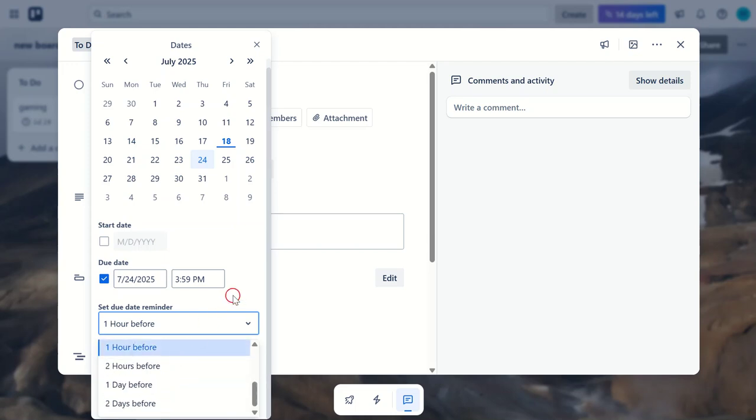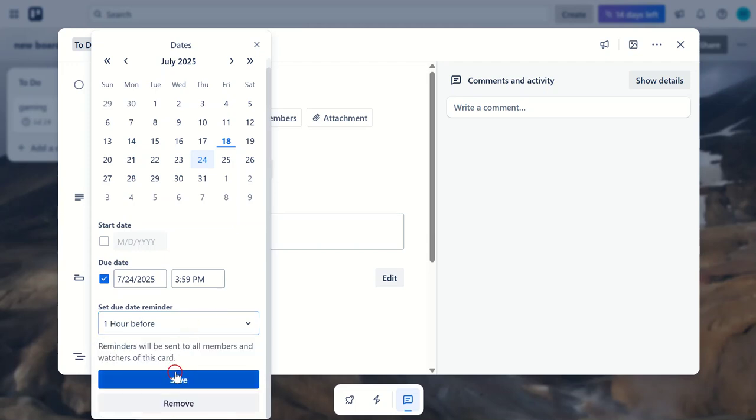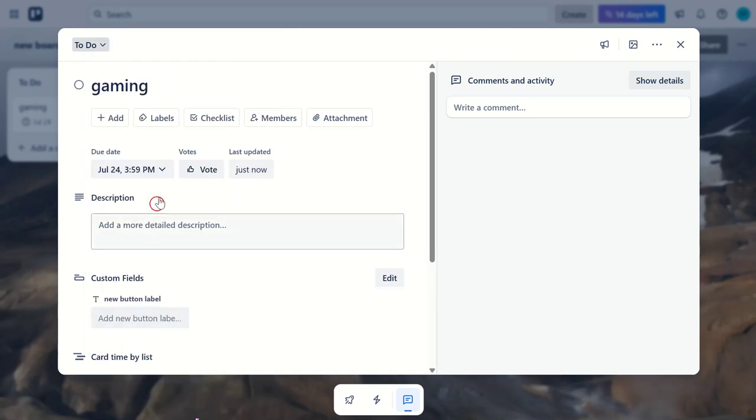Now, after setting all this up, it's time to save. Click on the Save button at the bottom of the pop-up window. Let me explain why this matters. If you don't save, all the due date information you just input will be lost, so make sure you don't skip this step. Finally, if you want to remove a due date, just go back to the Due Date section